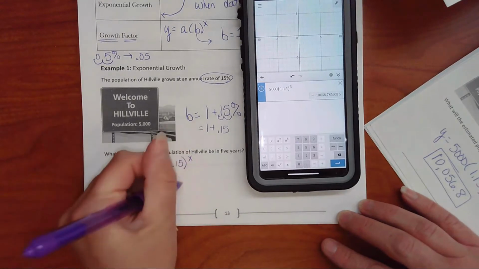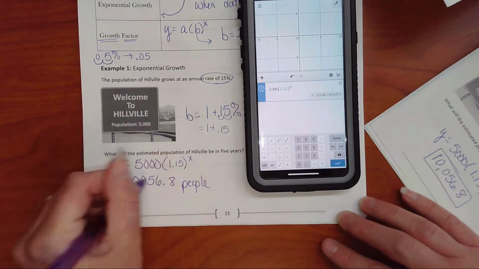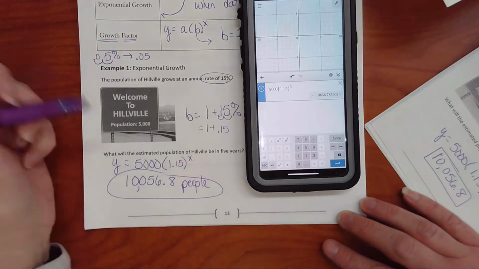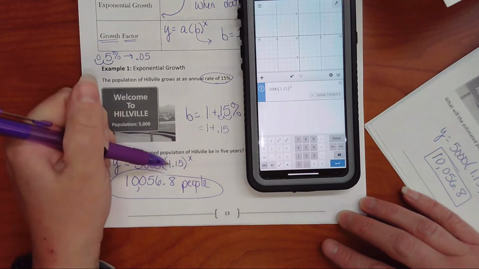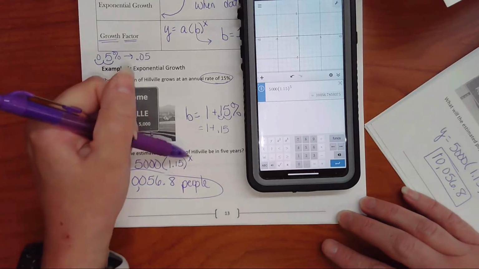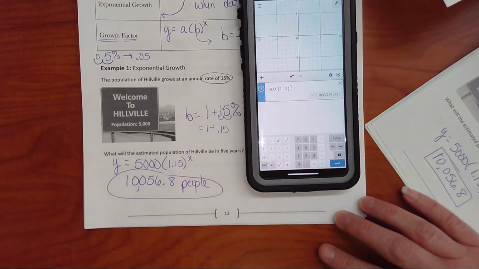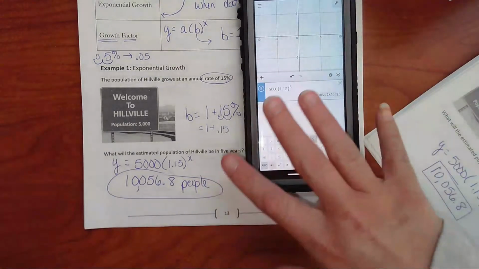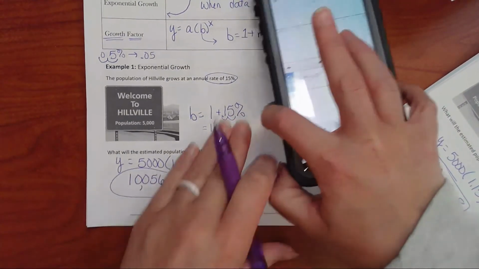So you're going to be setting up the equation the same exact way every single time. You're going to be plugging in the initial amount and then do 1 plus the percent, and then you're going to be raising it to a power. So just please make sure, if that was confusing as you're working through your problems today, go back and take a look at this example. The other things that you're going to see,